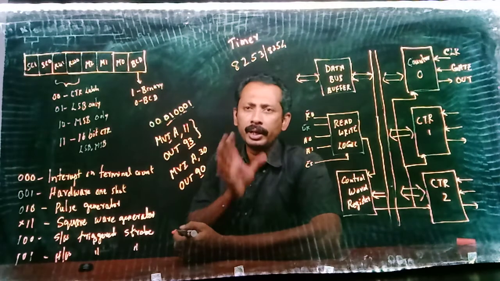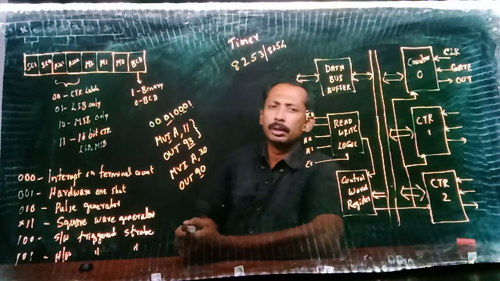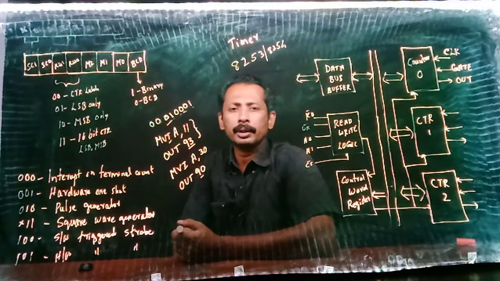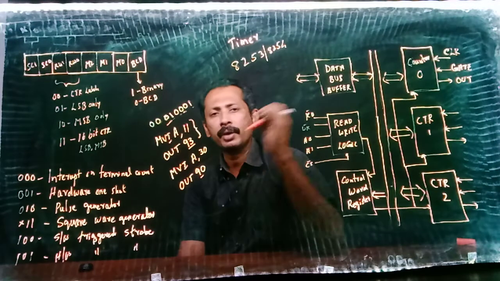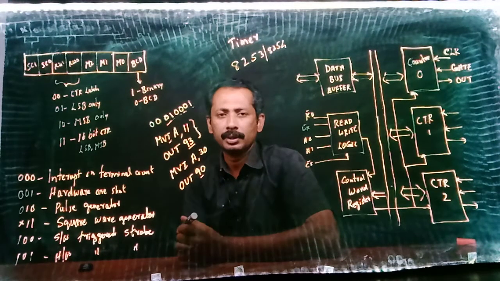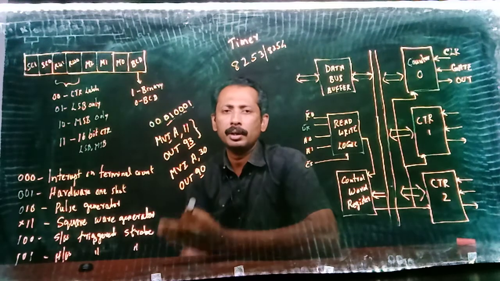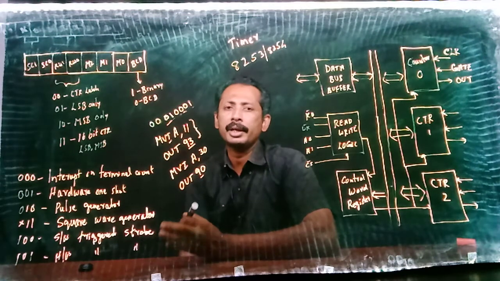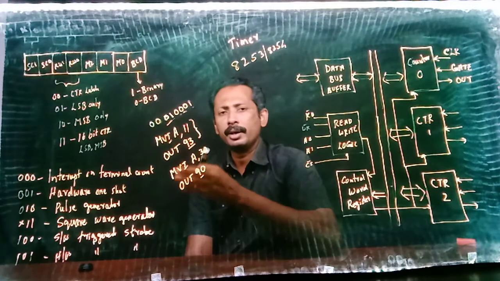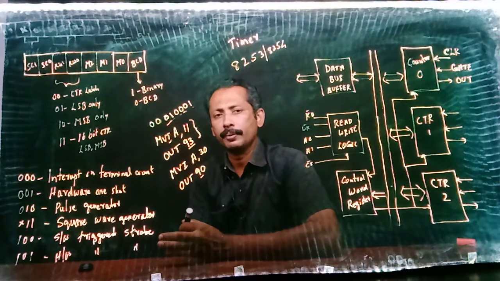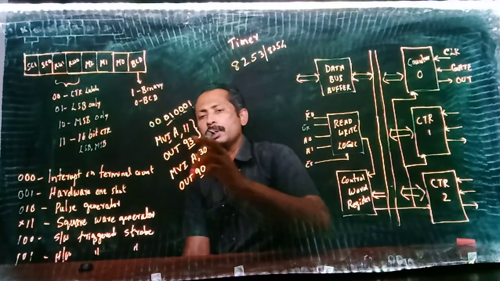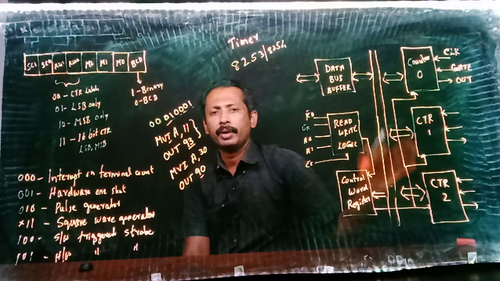At any time, if you want to pause the count, then the logic is that we can either remove the clock pulse or we can disable the gate pulse. Clock pulse ഒന്നെങ്കിൽ നമുക്ക് disable ചെയ്യാം, remove ചെയ്യാം, അല്ലെങ്കിൽ gate നമുക്ക് disable ചെയ്യാം. So we can have two controls, either by using clock or by using gate. Okay. ഈ same logic നമുക്ക് we can make use of the